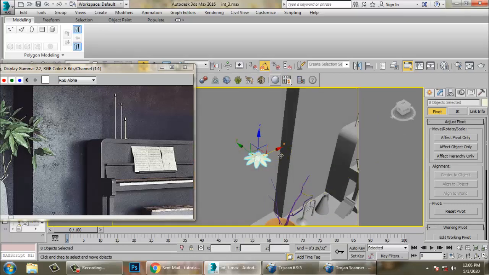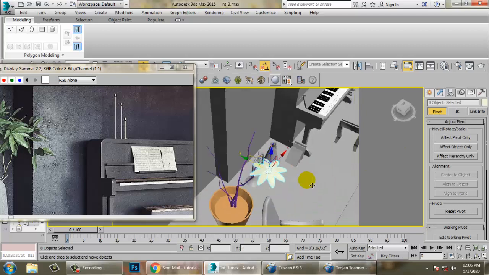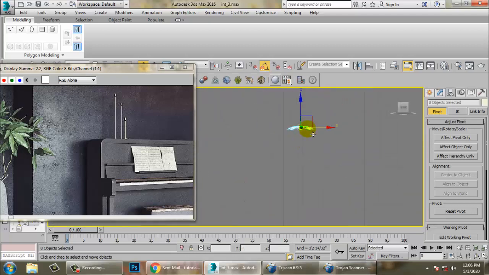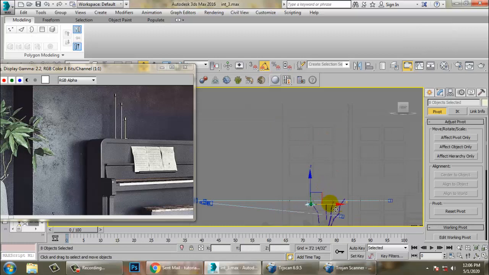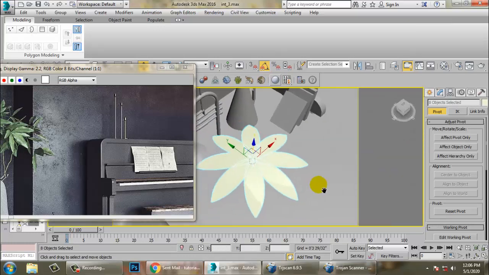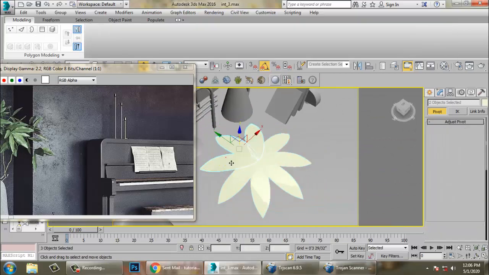So if you are going to just push this down. We don't need so many leaves, so we can just delete that.